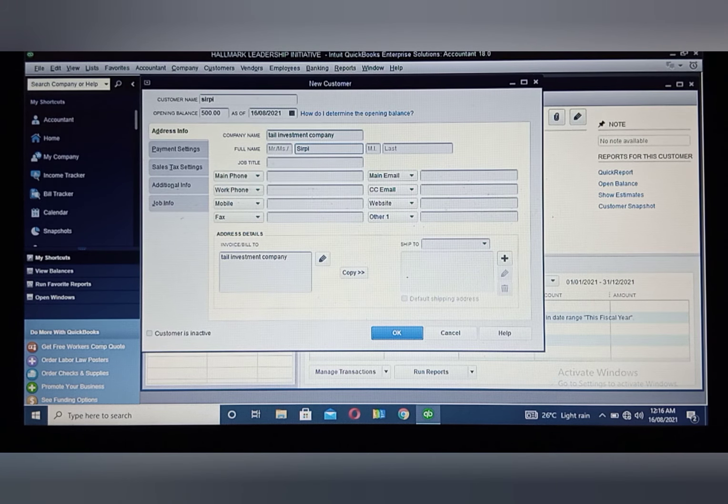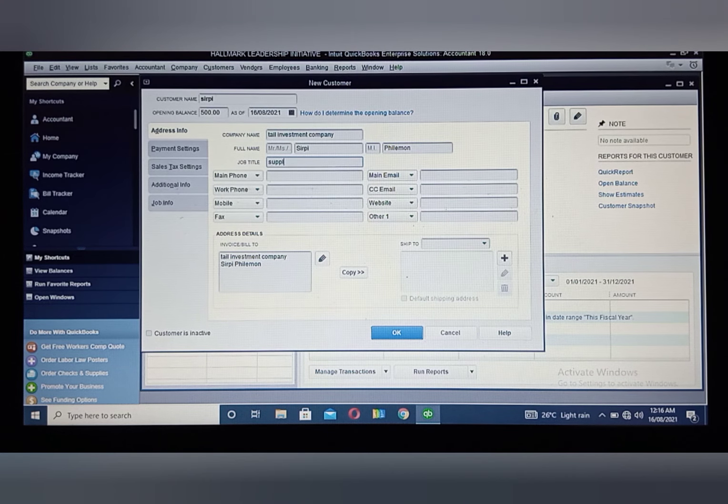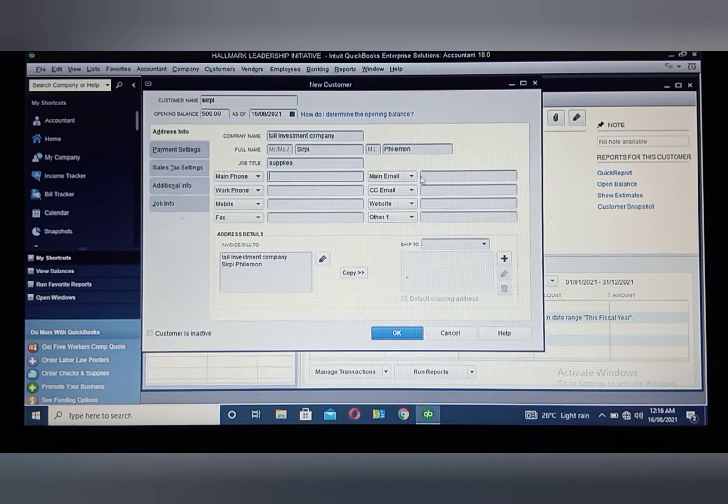Put Sapi Philemon. Job title, let's say supplies. Put supplies. Put his phone number, email address, maybe his work phone number, website, and other details, and the address of